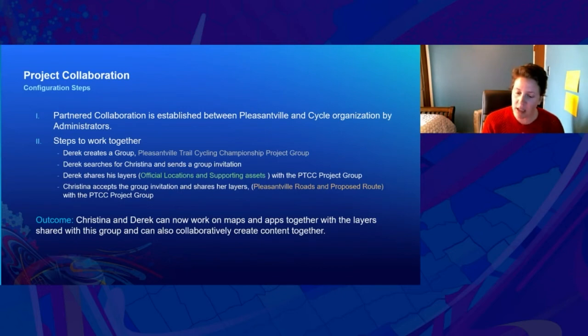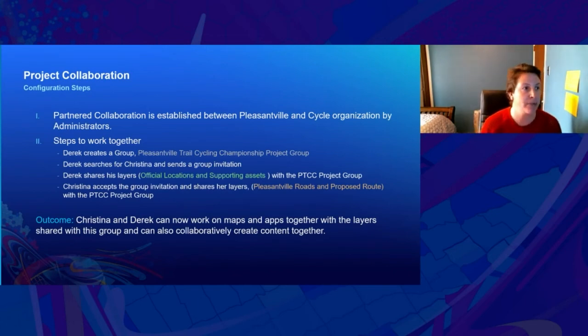Once the collaboration is set up, they already have these capabilities through group sharing and group creation to enable their whole organization to work together. So the steps: Derek's going to create a group, search for Christina and send her an invitation to the group. And then both Derek and Christina are going to share content with the group so that they can